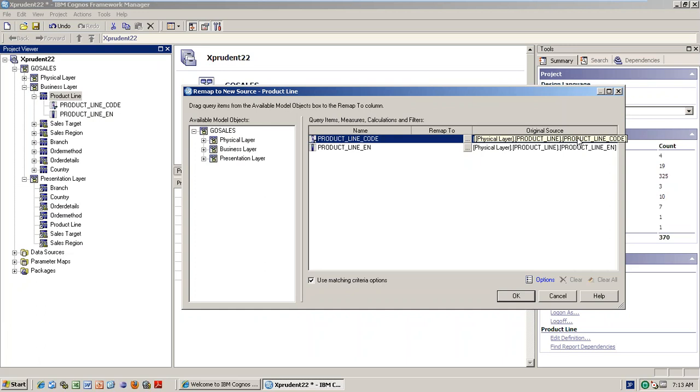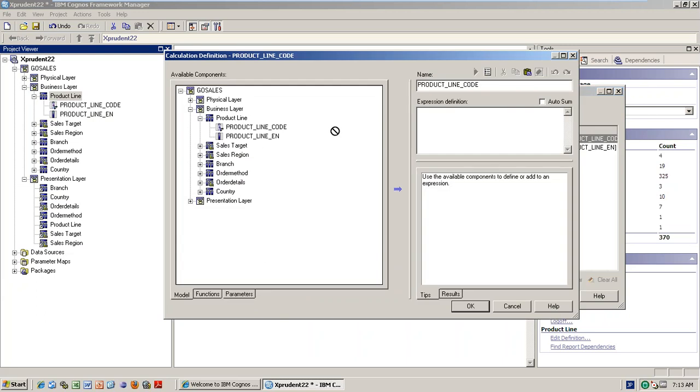It is coming from the product line table, and the product line code column is being used, and the name is product line code. But sometimes, for example, while you are dragging the product line column, instead of this column I want to show the product line name here. So you can remap to this one.